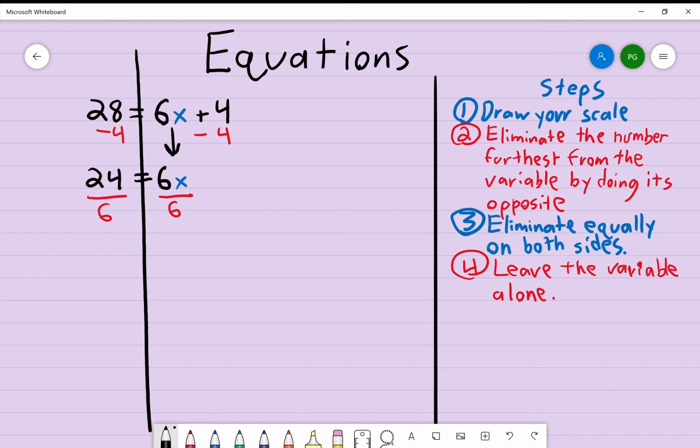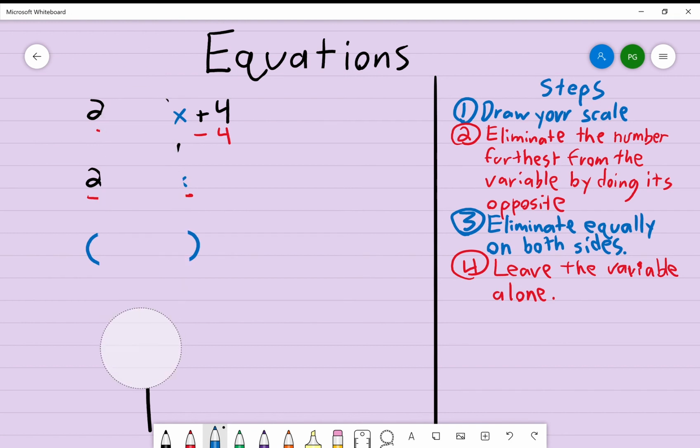Now, let's solve our equation. 24 divided by 6, well, that's going to be 4, equals 6 divided by 6, which is my invisible number, 1. Then bring down the x. Here's my answer. X is 4. Let's do one last example, and then I will leave you be. Let us say that I give you